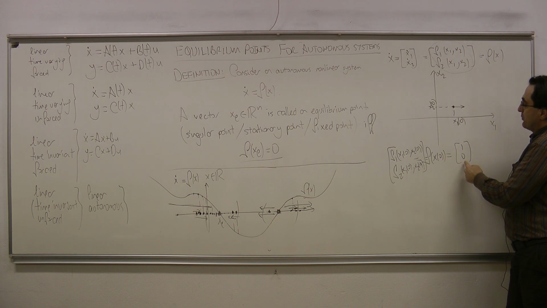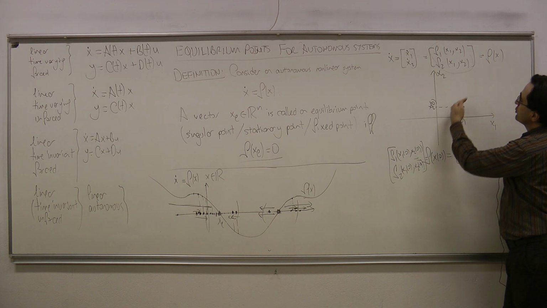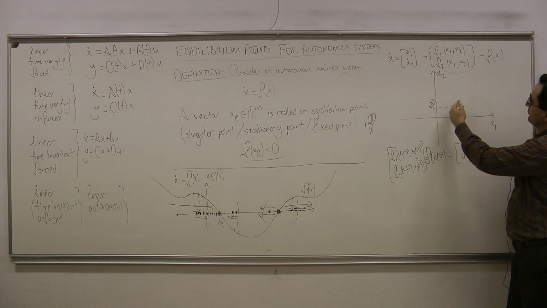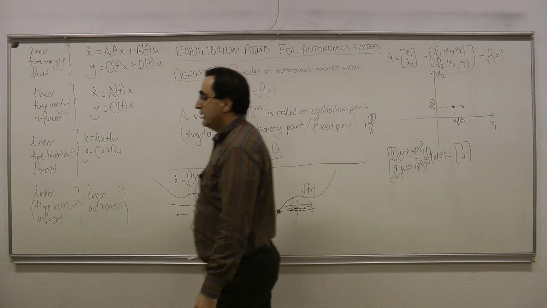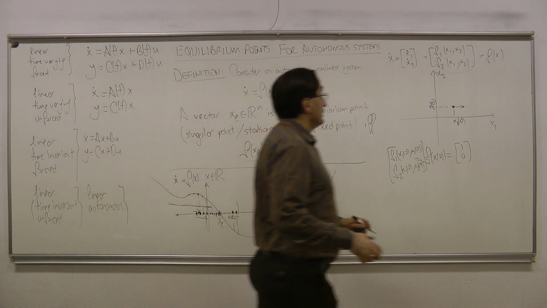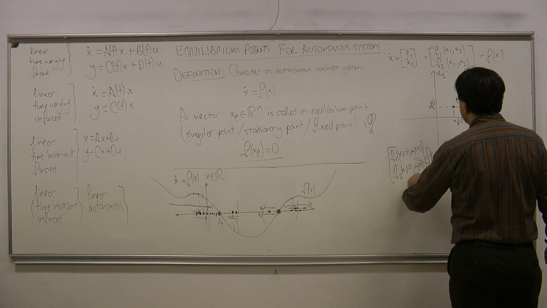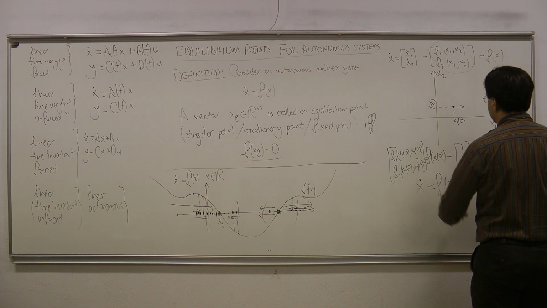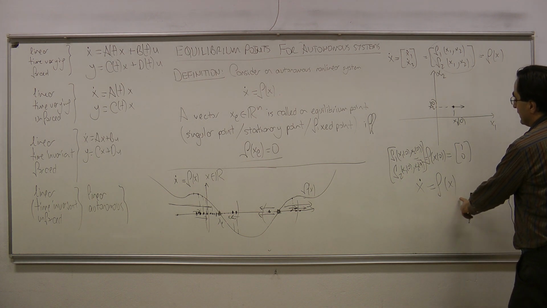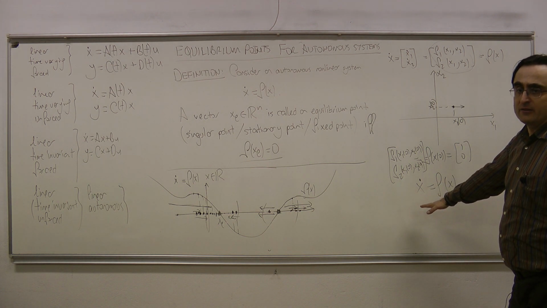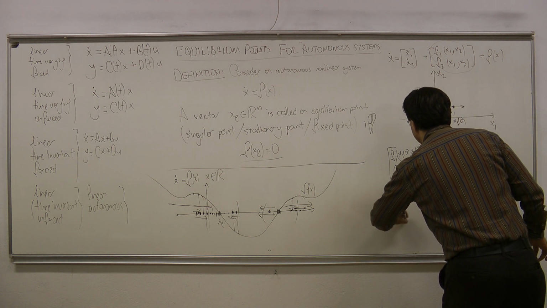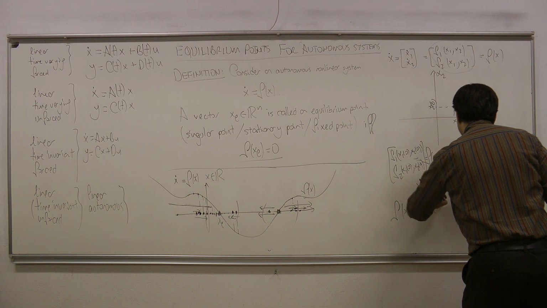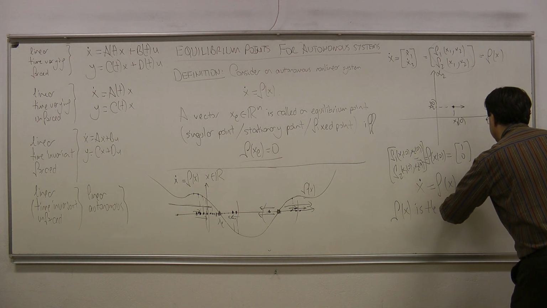If these values were 1 and 1, then we would move with a 45-degree angle to the x1 axis. Here we see something very important for the system. When I look at a nonlinear system equation like this, f of x is the velocity vector